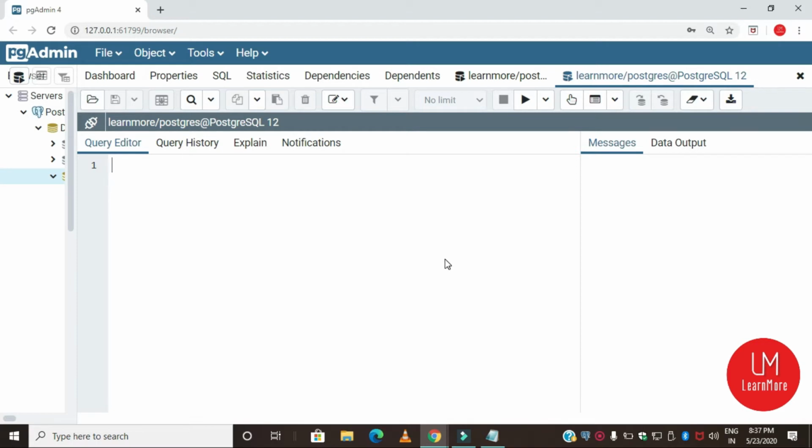First, let's try how to retrieve data from one column. So you have to specify select, then the column name. I want the first name, so fname. Then you have to specify from which table. The table name is student. Now let's run this query.